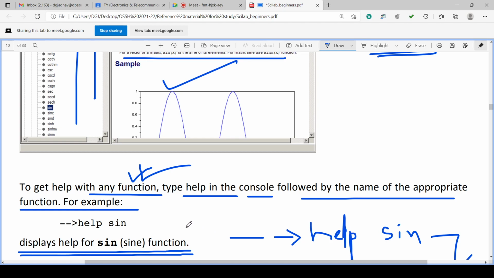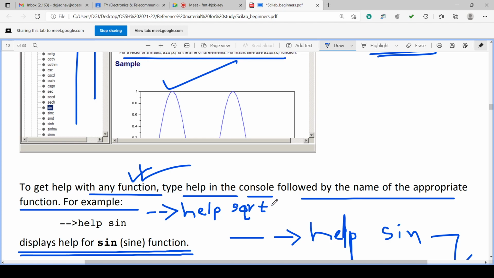Then we can write into the console, in front of the prompt, help, and we give a space and we write the function name. Suppose sqrt, square root.